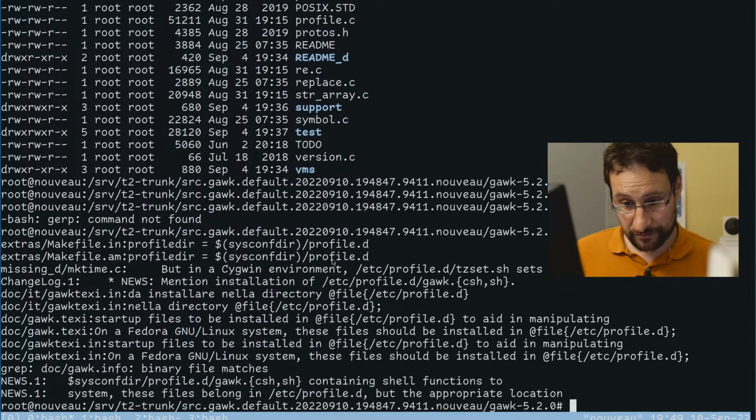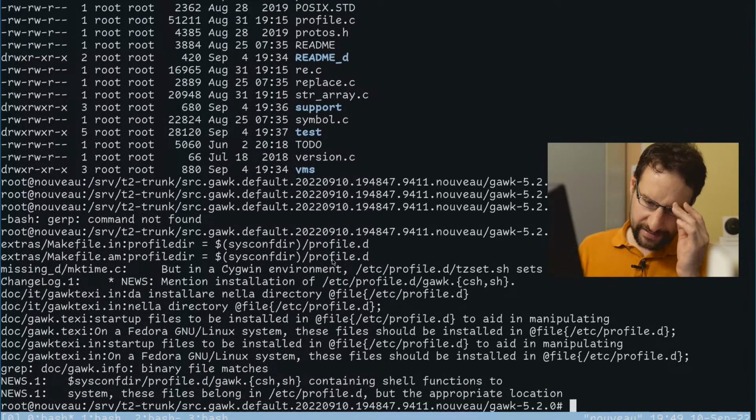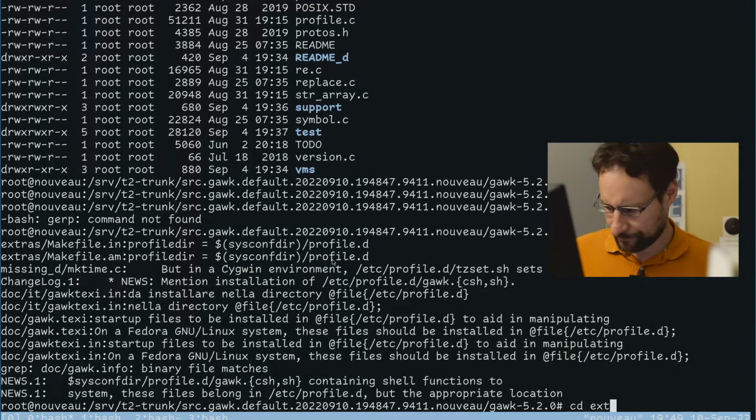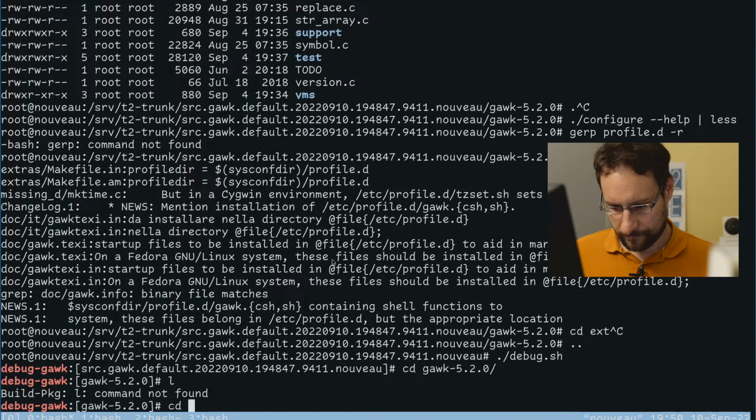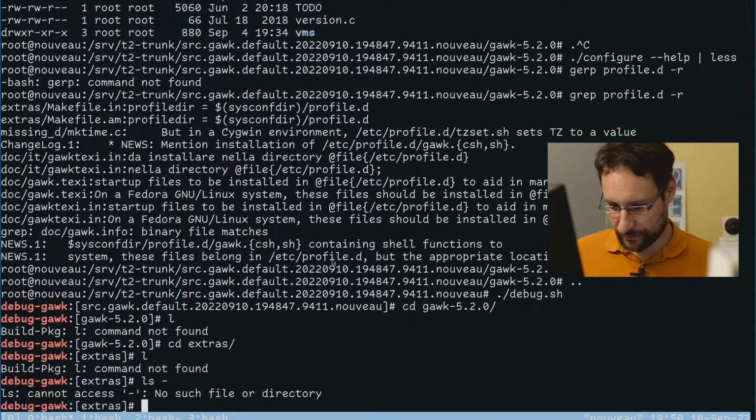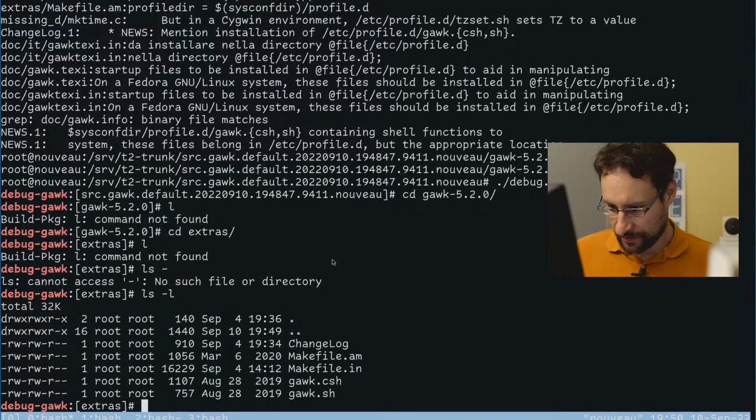My typing today is really... Okay, so it has this in extras, and I really wonder why everything needs bloody shell profile scripts these days.